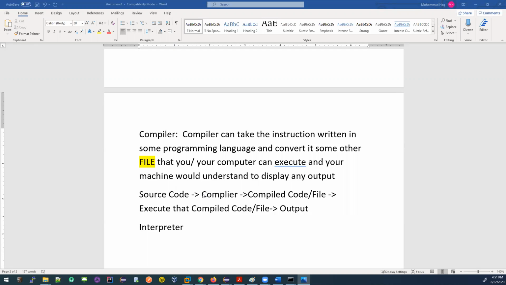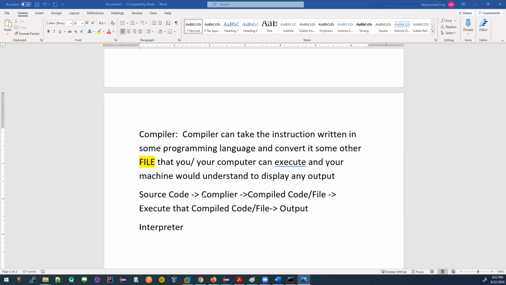Now Lisa will understand and reply back with the answer, or whatever I asked her to do, she will do it, right? Maybe I'm asking Lisa to help me with something, so I'll write it down, and Lisa will convert it to some language that Emily can understand, and give it to Emily. So all the instructions I'm giving, I'm giving all at a time, all together.